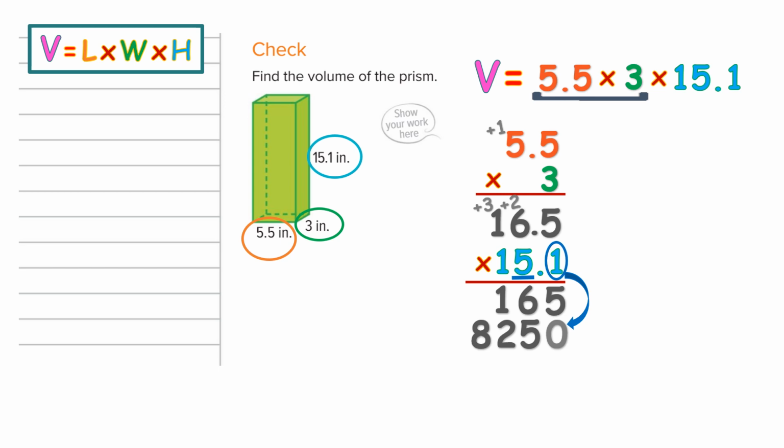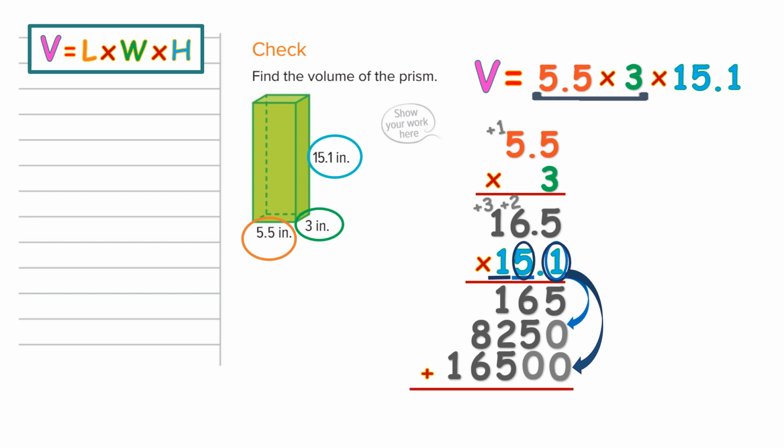Now I have a 1, which once again is easy to multiply, but I have to remember that that is my third number. So my third number tells me to bring down 2 zeros. And then I can put the 165, making sure everything lines up from right to left, and then I'm good